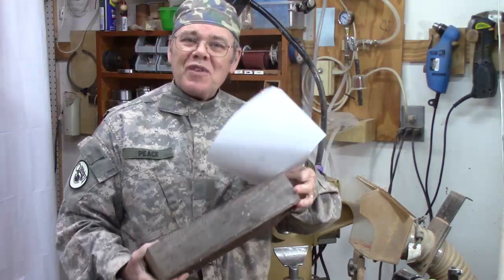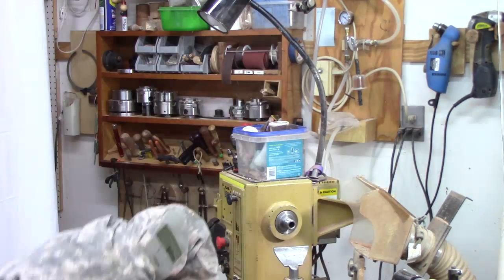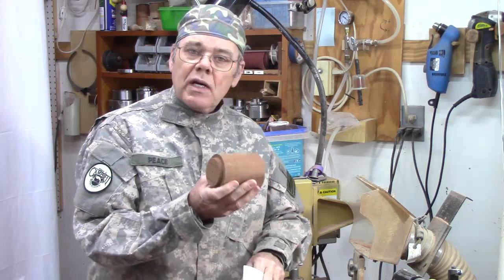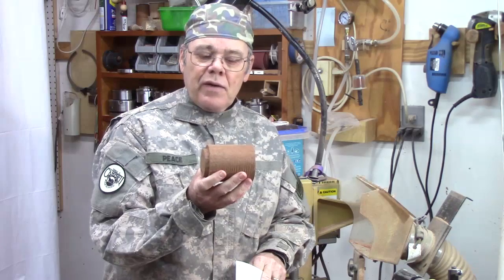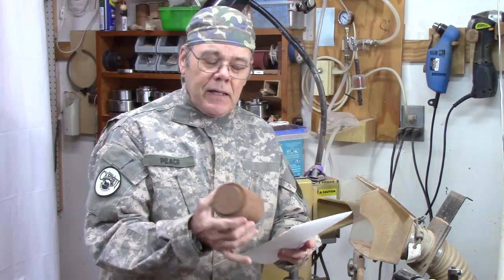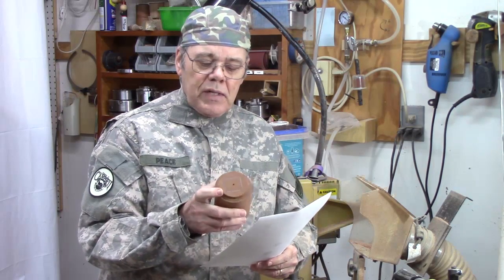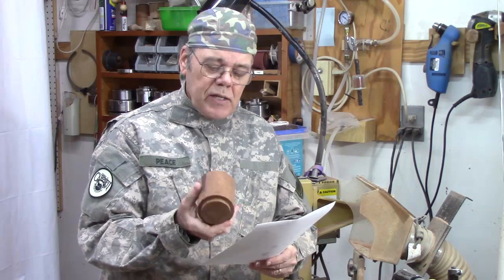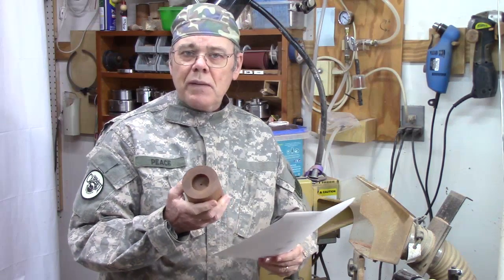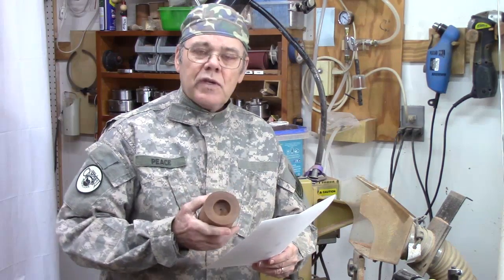I'm using mahogany for this project just because I had it on hand and it was dry. So we start by taking a piece long enough for, I would say, 3 of them, so you can do 1 prototype and then 2 final pieces. They're about 1.5 inches each, so you want a piece with a tenon close to 6 inches. It's going to be about 2.5 inches wide. Of course, these dimensions depend on what type of headphone you're pimping, but these are the dimensions for these Grado